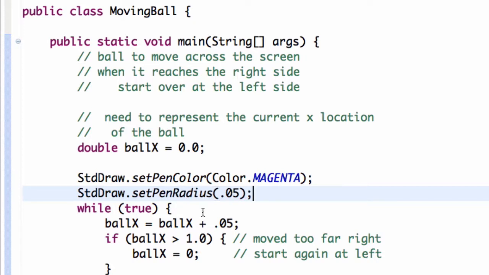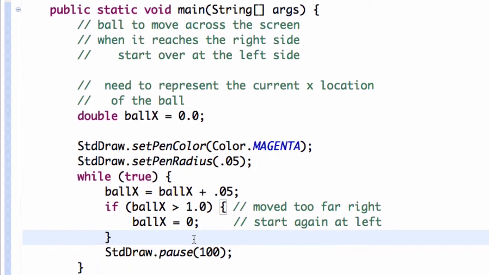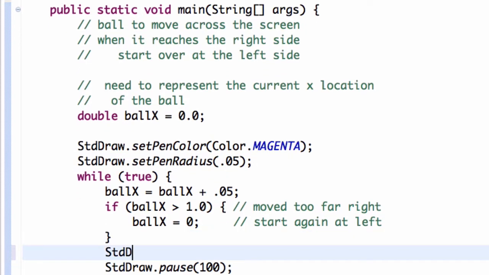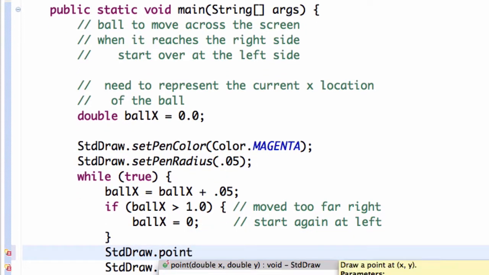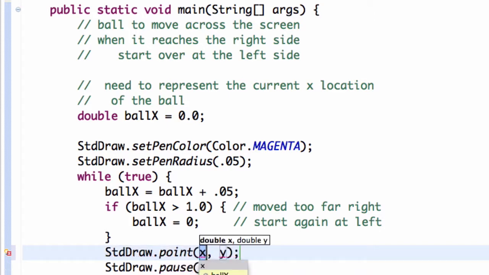Okay, and let's draw the current location of the ball here. We'll do that by putting a point out at the current location of x. And for the y location, let's just put it halfway up on the screen. Okay, now if we run this,